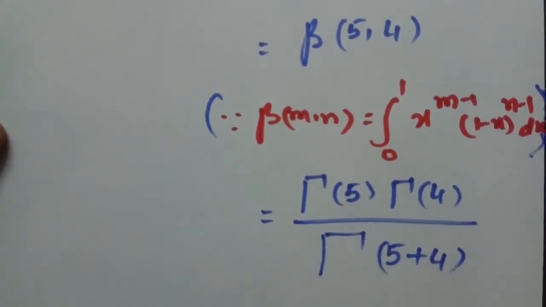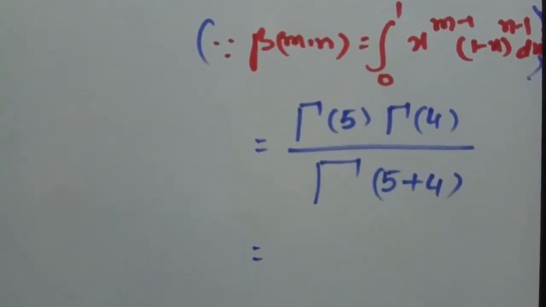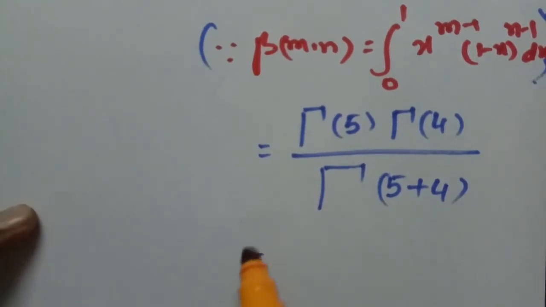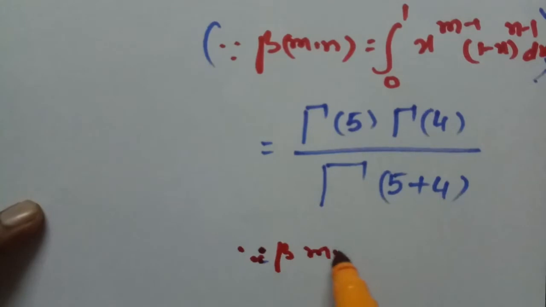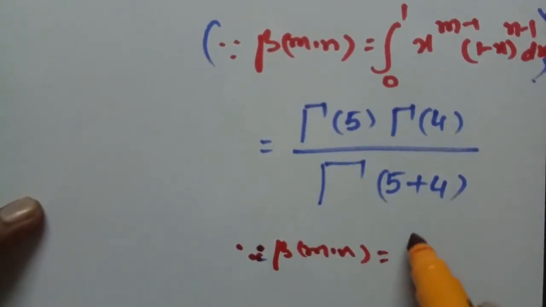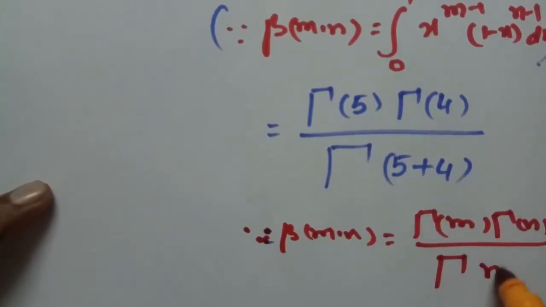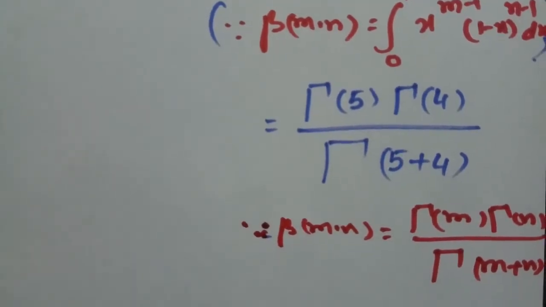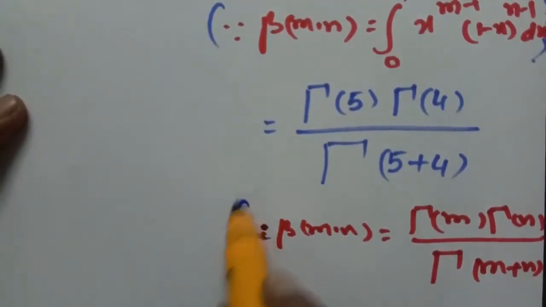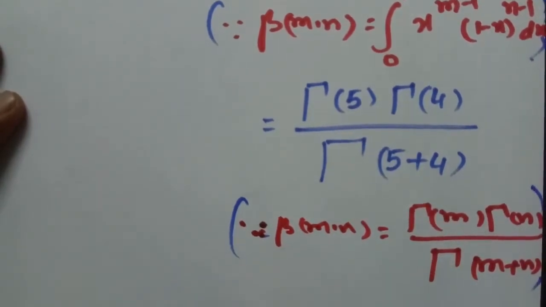So by using the formula beta m comma n is equal to gamma m into gamma n by gamma m plus n, where m is equal to 5, n is equal to 4, therefore this is equal to